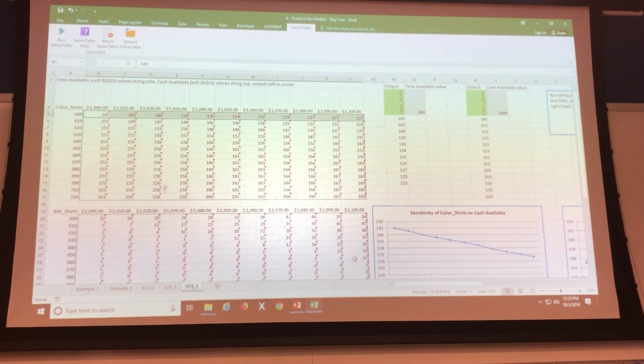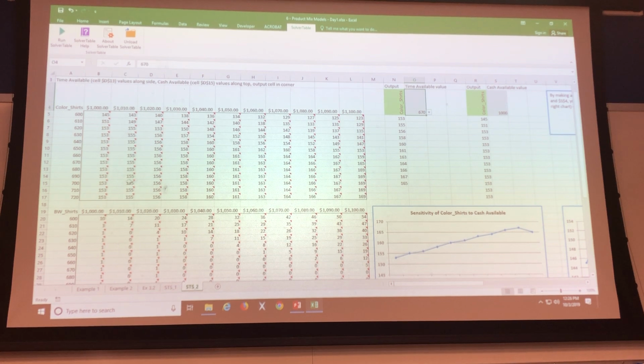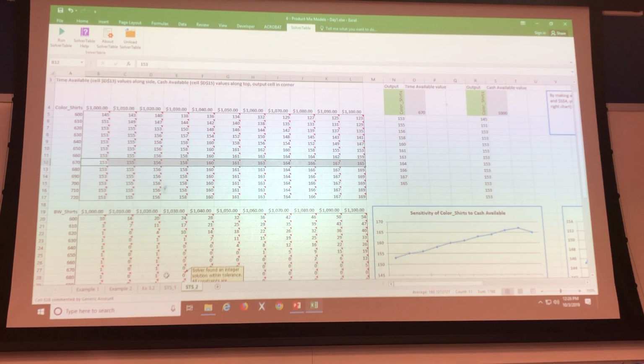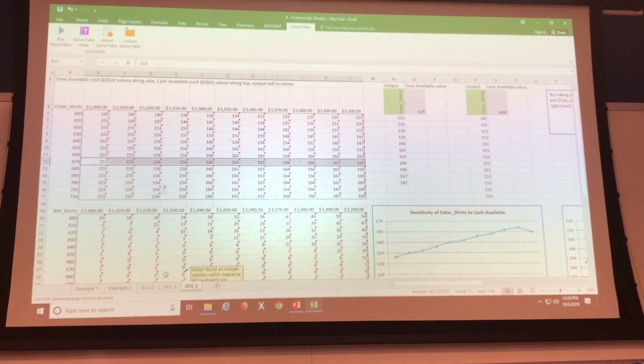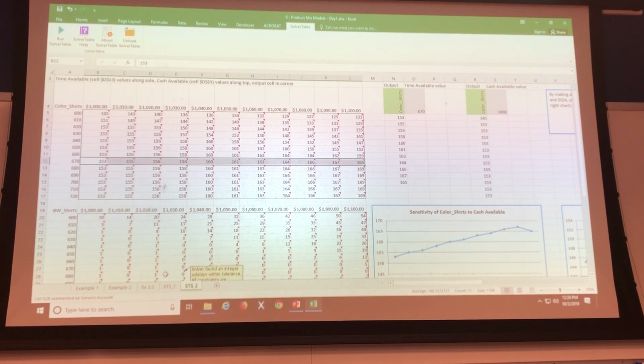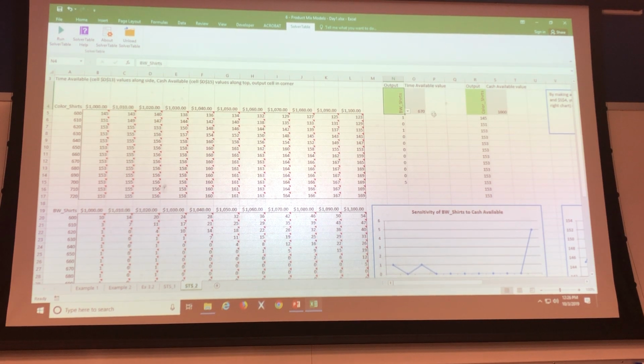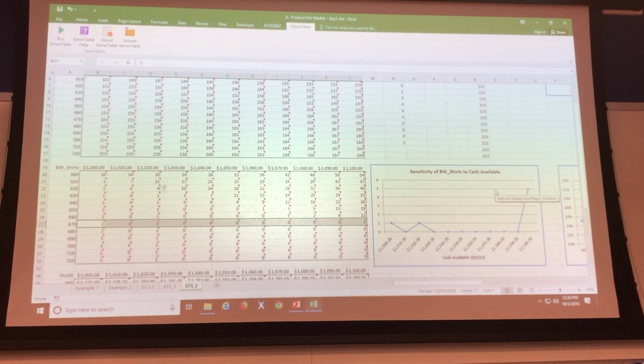And if I wanted, I can switch it to something else, not 600, let's switch it to 670. Okay. Now it's plotting that row right there. Where it goes up, it goes back down just a little bit. That's 13 different rows. What I could say, what's the sensitivity of black and white shirts at, and it's going across, it's doing that one right there, which is really one of the more odd ones. But